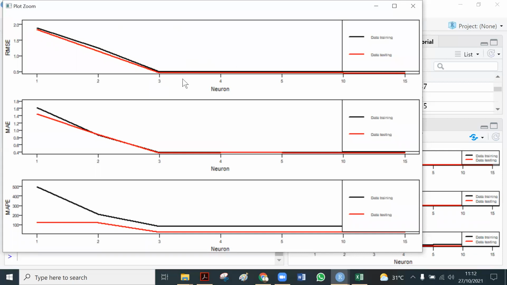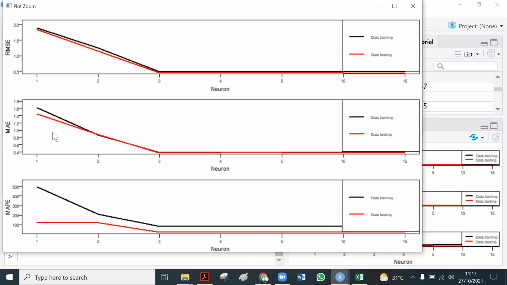So it means 3 neurons is enough, because if we add more neurons, it does not help to decrease the root mean square error, right?